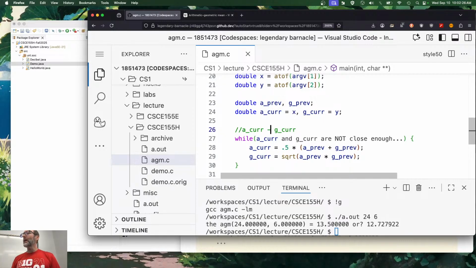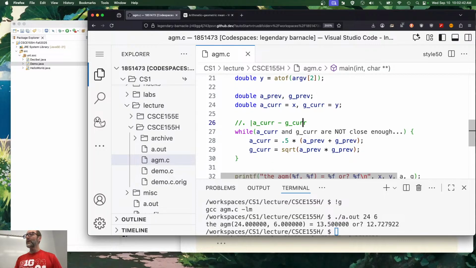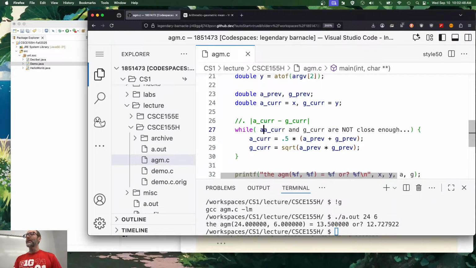So I want to be careful here, though, because what if one of them is positive and one of them is negative, or vice versa, or they're both negative? Do I really want to take the difference by itself? I want to take the absolute value of the difference between those two things. While that is not close enough, in other words, it's greater than some tolerance,